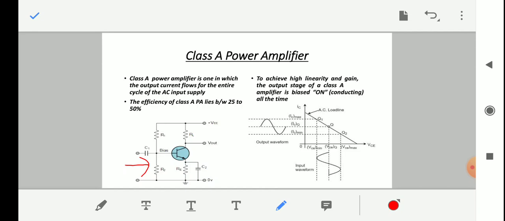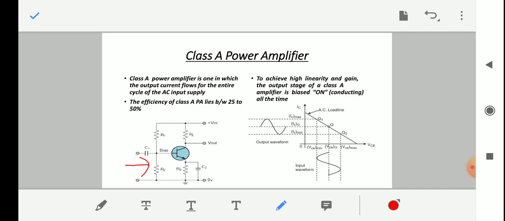When we were studying the biasing of BJT, we discussed this circuit in detail in the self biasing or voltage divider circuit. So we can obtain the output voltage VCE, collector to emitter voltage, and collector current by analyzing this circuit in DC analysis. So we can also draw the IC and VCE curve, that is the output characteristic for this voltage divider configuration.